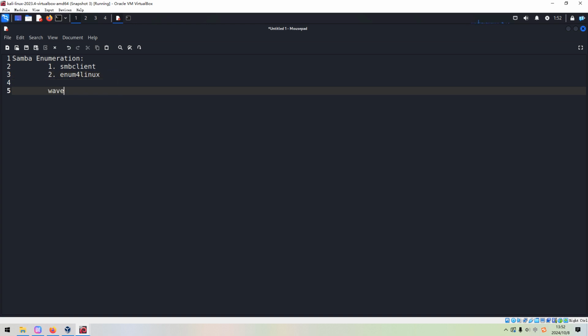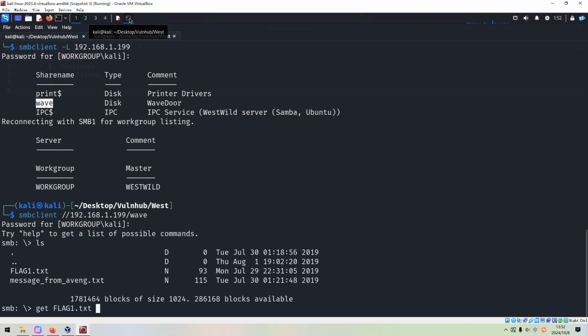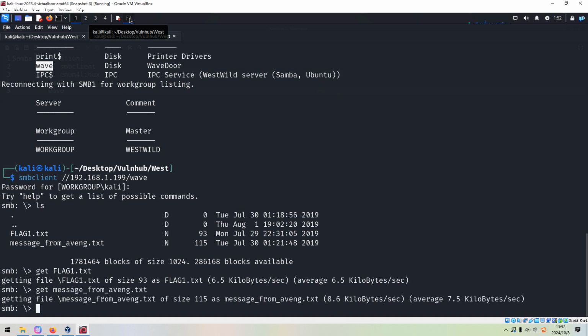And we can use the same utility to access this share remotely. And we can get the first flag, which is so easy. And also get the message and exit.